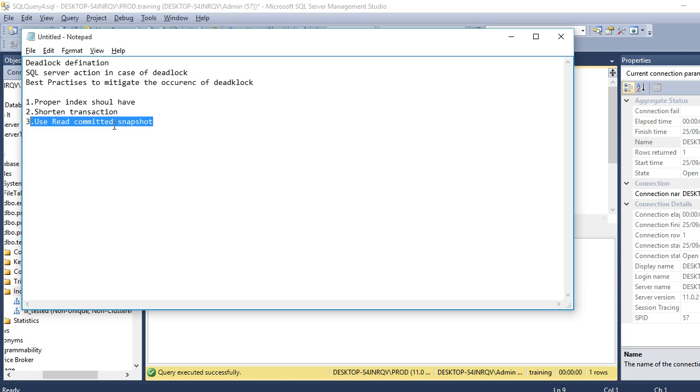So in the deadlock example, if we had used the read committed snapshot isolation level, the deadlock would not have occurred, because the select statement will not try to acquire a shared lock on a row which already has an exclusive lock. So there should not be any deadlock in the case of snapshot isolation level.